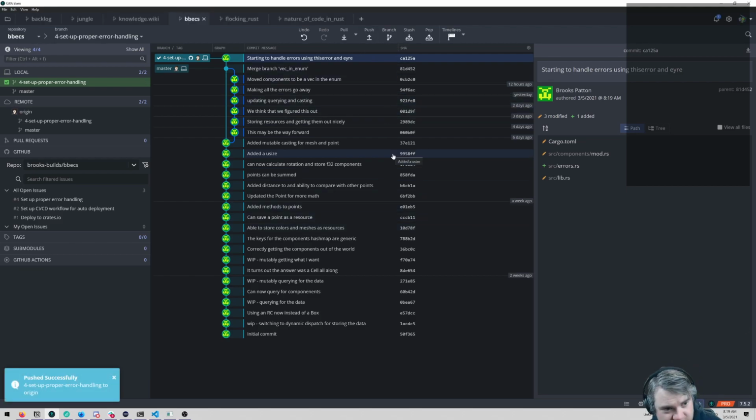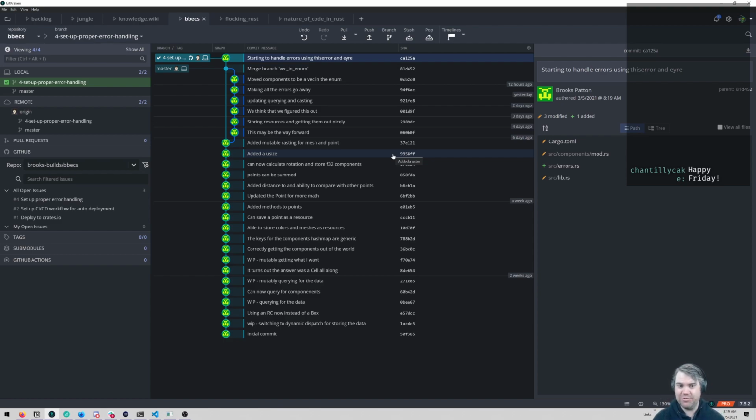This is going to be in the setup proper error handling branch. And we haven't set up the flocking simulator to be able to run with this, so there's going to be lots and lots of errors there. I'm going to go ahead and cut off the YouTube video here. So next time, in the next video, we'll be continuing to work on all of these errors and fixing them.